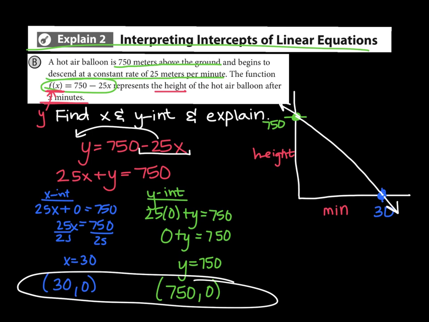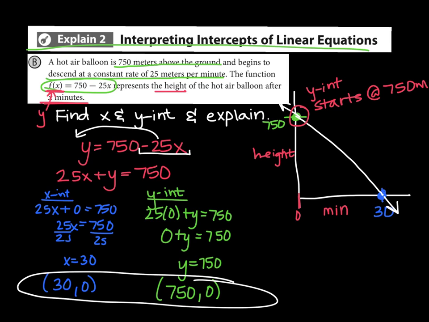One thing you can do is just think about it physically as to what's happening. And this point right here is the height when it starts. Think about we're at minute 0 right here. So we could say that the y-intercept means that the balloon starts at 750 meters